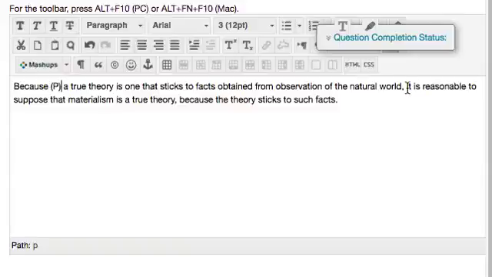Then I have, it is reasonable to suppose that materialism is a true theory. Probably a conclusion, just the way these first two statements are set up, but I'll go ahead and read the third to see if there's any more clues. Because a theory sticks to such facts. Of course, I know because typically functions as a premise indicator. So given that the first and third statements are probably premises, I'm going to go ahead and make the judgment,